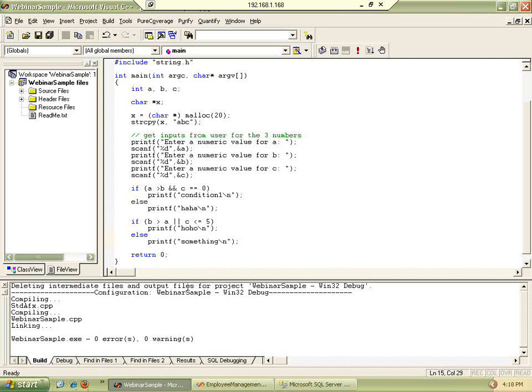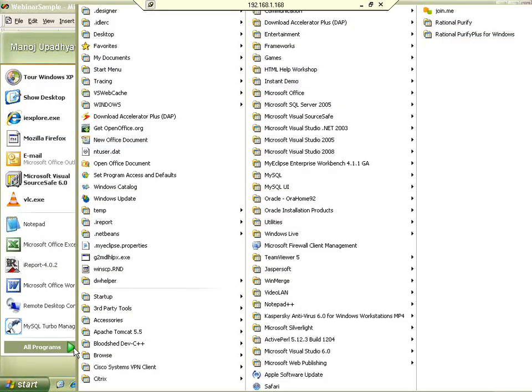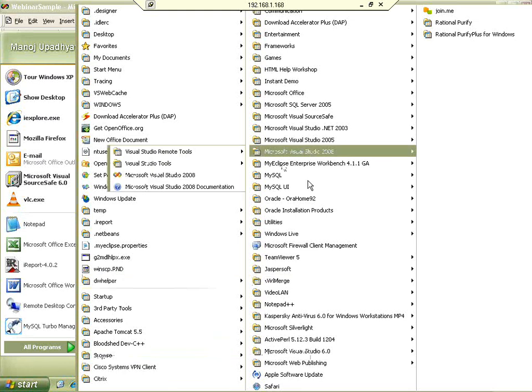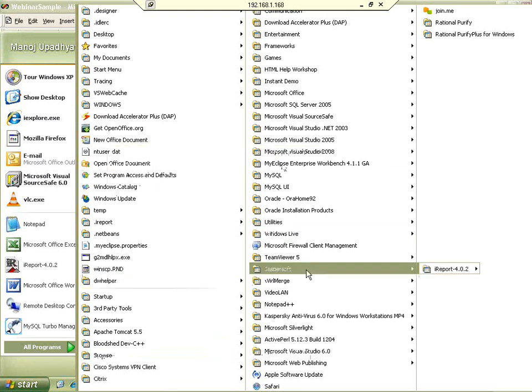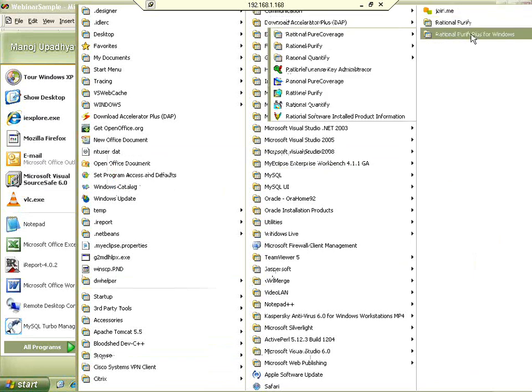I'm going to start a program, okay, which is called Rational Purify Plus. Okay, there is something called Rational Purify. This is now IBM. This is a tool, as the name suggests. Purify means it will find out the memory leaks and memory related errors.